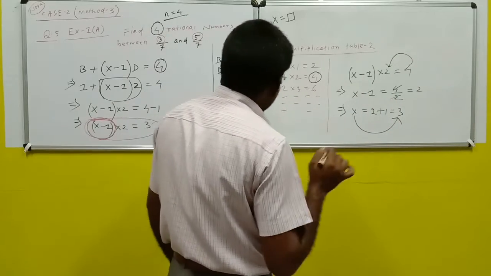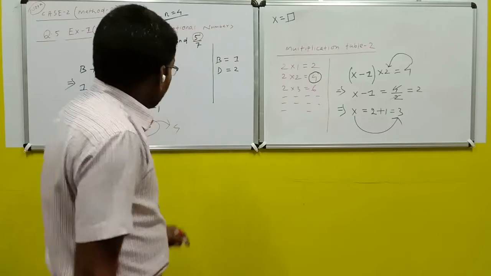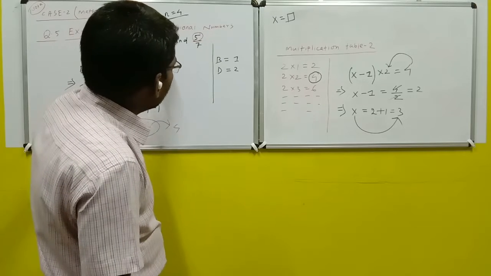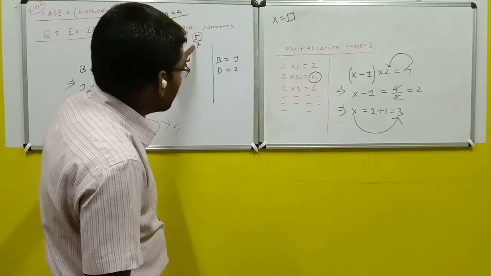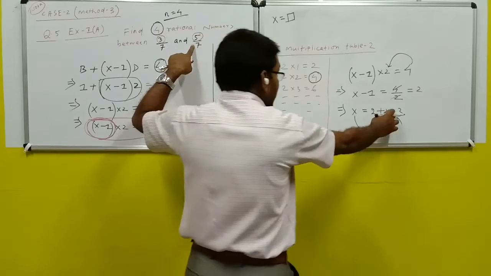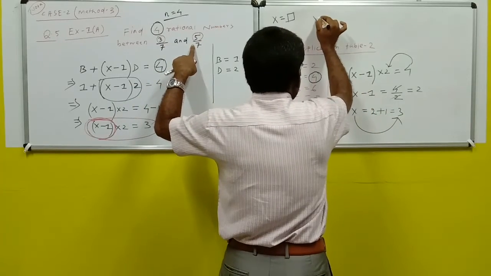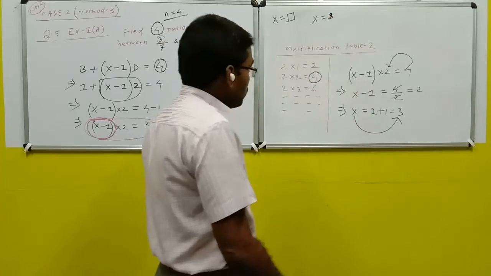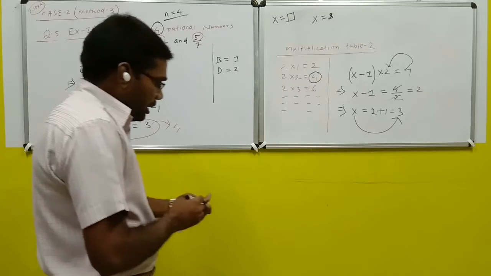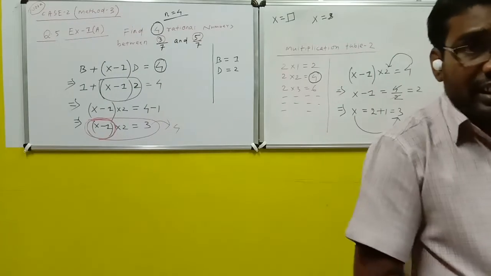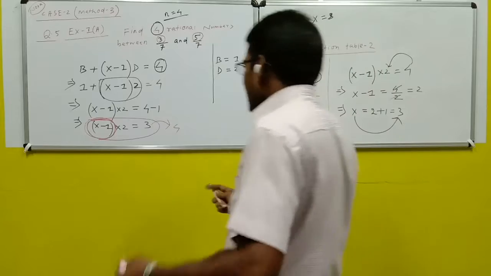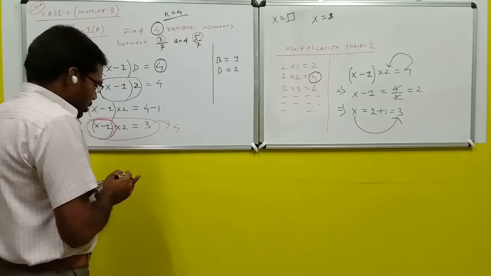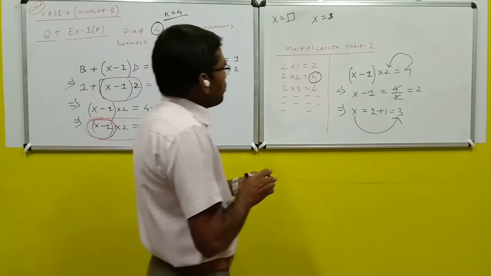It means that suitable number which will be multiplied by the numerator and denominator of this rational number and also by the numerator and denominator of this rational number is 3, because the value of x is 3. Now your solution will be easier because you have already found out the value of x.